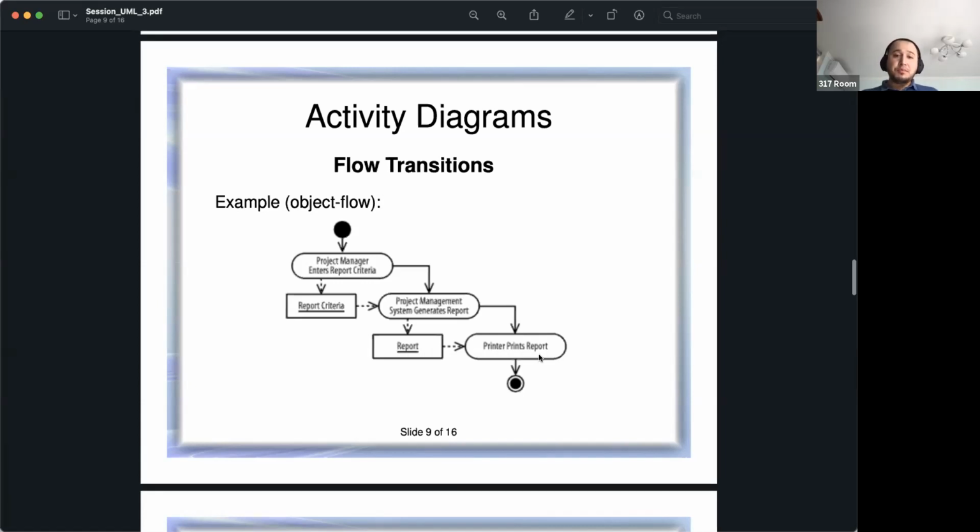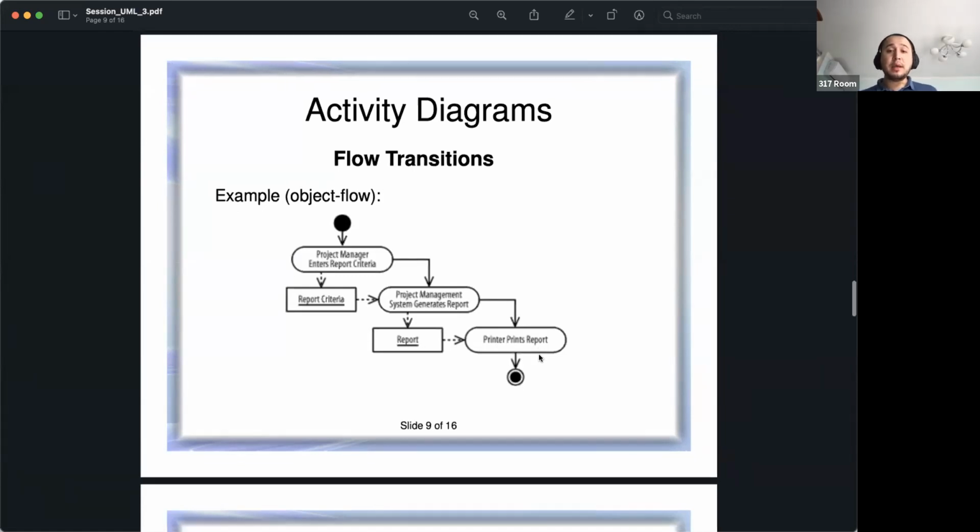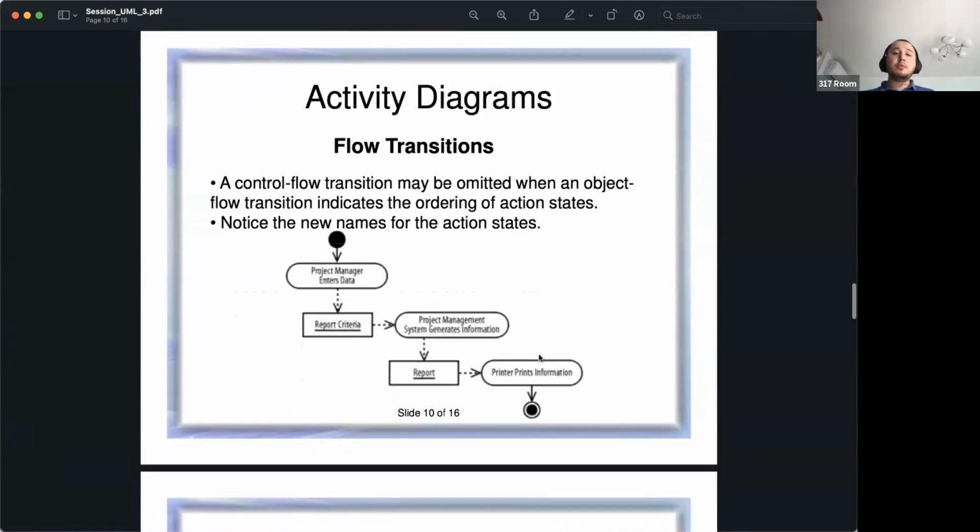So this is object flow. Basically, this is the combination of object flow and control flow, right? But we can just omit the control flow, as we know from the object flow what is the sequence of the actions, right? For example, and also please pay attention to how the actions are